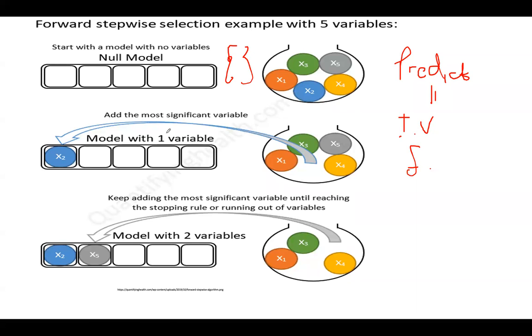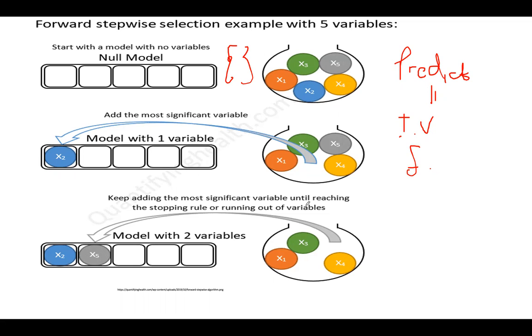You pick that and retain it in the next iteration. You keep repeating that, doing another linear regression with the combination with x2, and find the one that has the least residual sum of squares. You keep doing that each time until